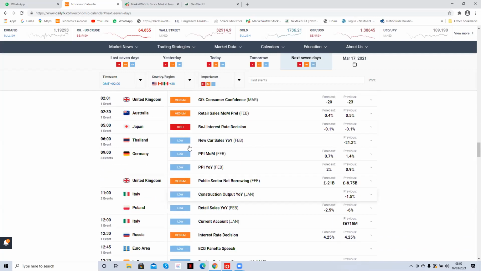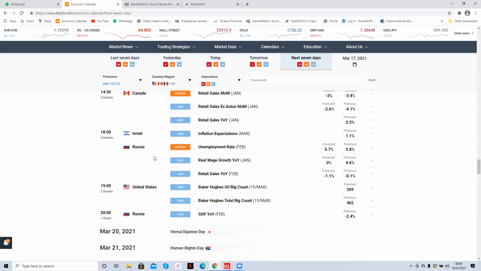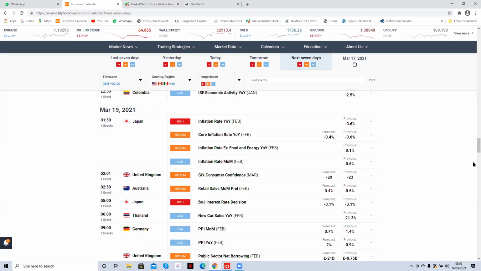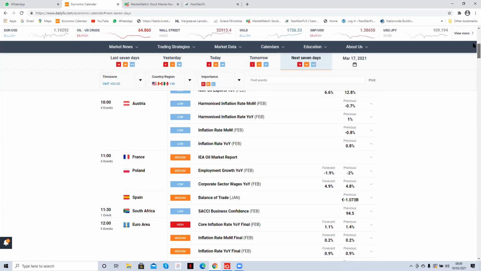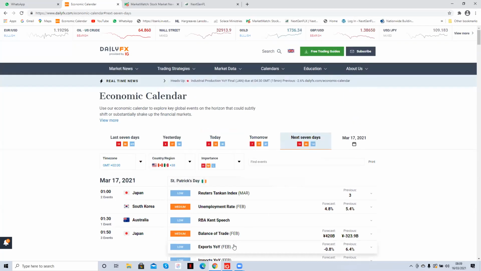And Friday, we have the Bank of Japan interest rate decision, but that's only if you're interested in trading currencies paired with the yen. So the big ones for us this week, as we trade the Euro US dollar and the dollar Canadian dollar, will be the US interest rate decision tomorrow and the Bank of England interest rate decision on Thursday. So in view of that, coming back to today,